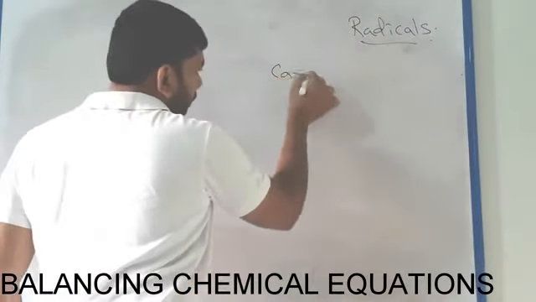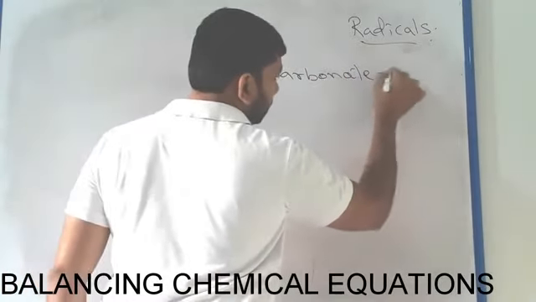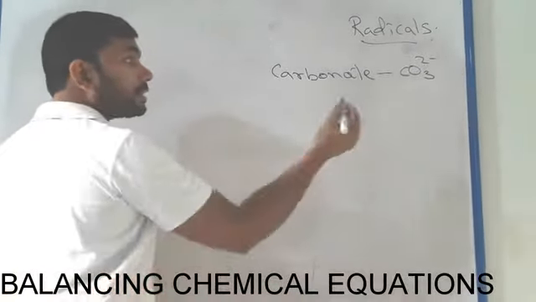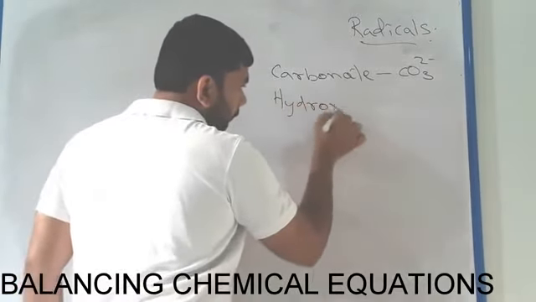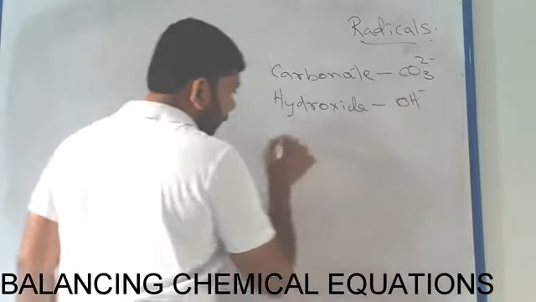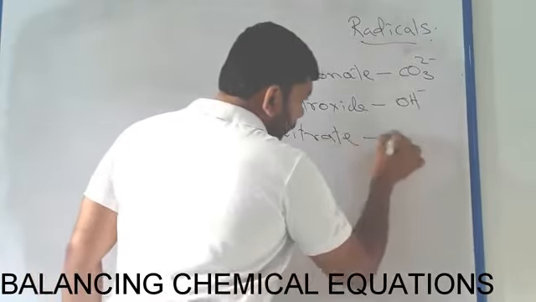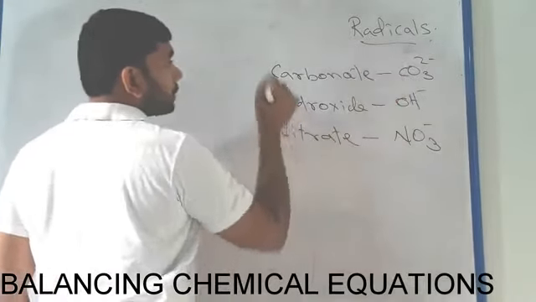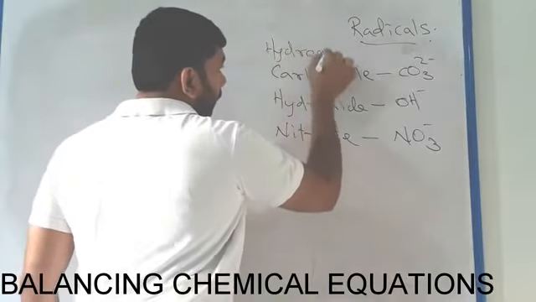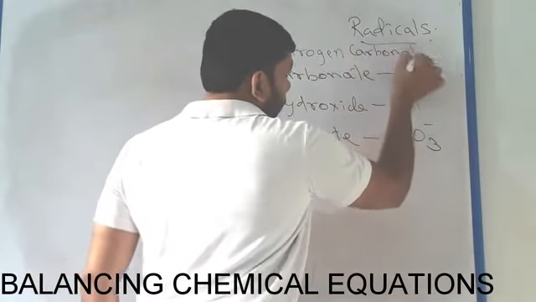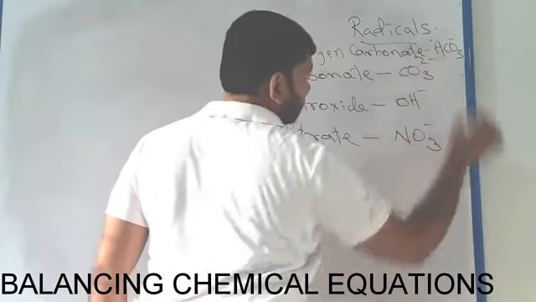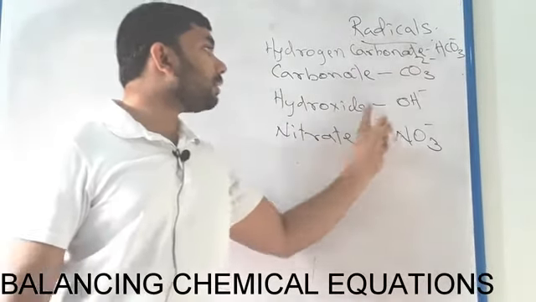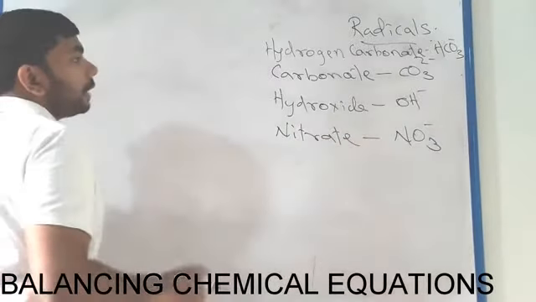Here, carbonate means CO3 2 minus. You have to memorize all these terms. Carbonate CO3 2 minus, hydroxide OH minus, nitrate NO3 minus, hydrogen carbonate HCO3 minus. Okay, hydrogen carbonate HCO3 minus, carbonate CO3 2 minus, hydroxide OH minus, nitrate NO3 minus, sulfate